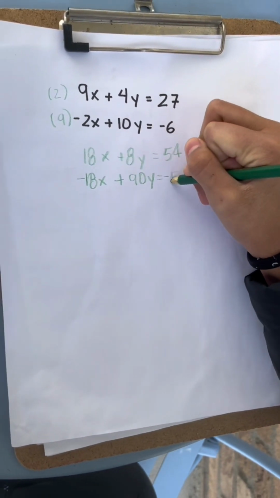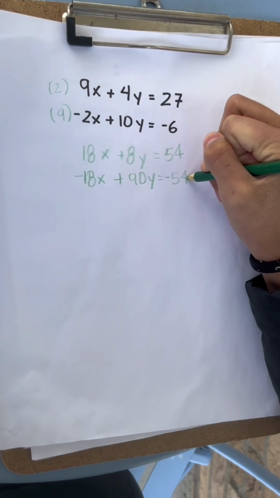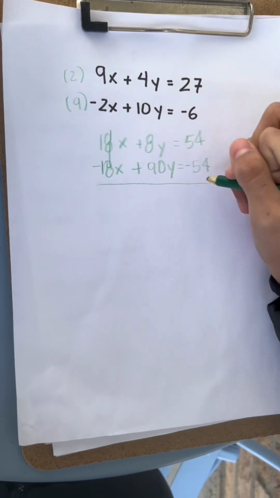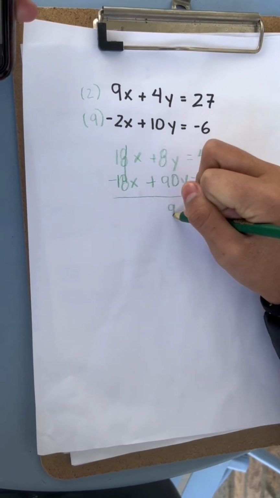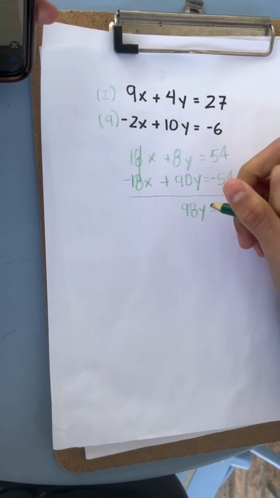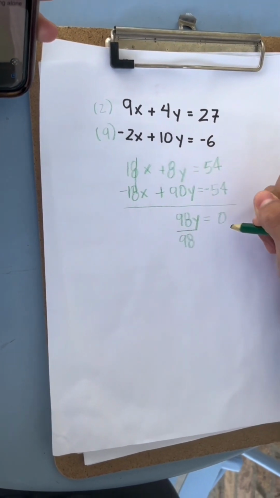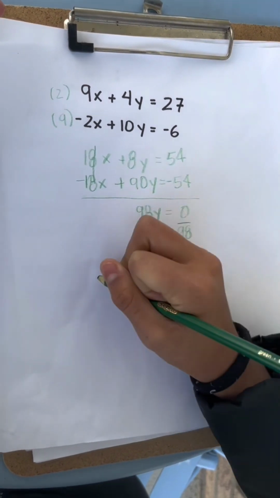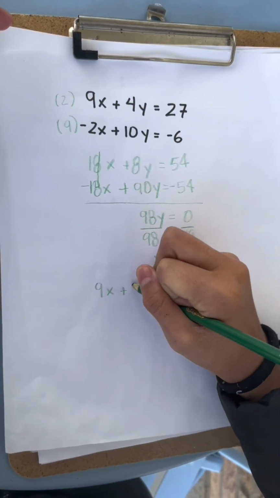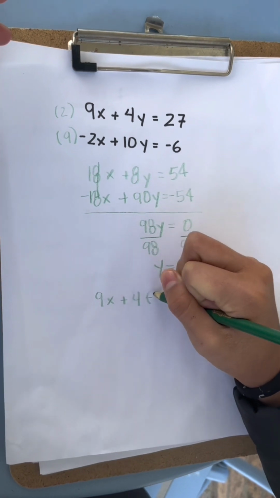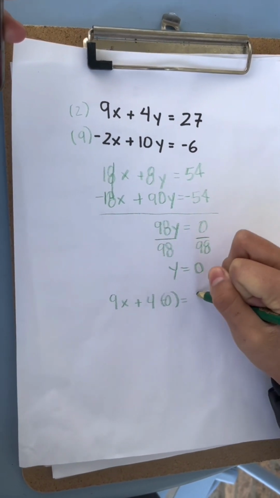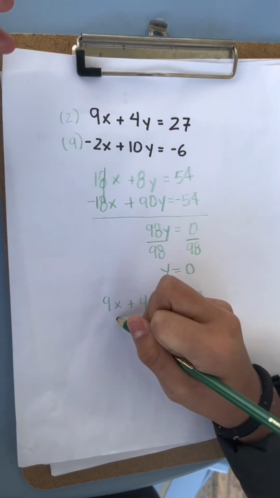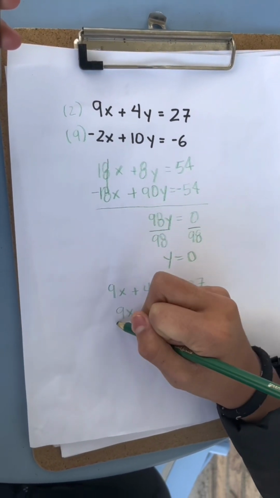And then you can put the line to solve it, and then that cancels out, and then that would equal 0. So then you rewrite the equation. 98 divided by 98, you have to do the opposite and you do it to the other side too. So then y equals 0, and then you rewrite the first equation, and then you replace the y with the 0. That's what y equals. And then you have to rewrite the equation. So then you do